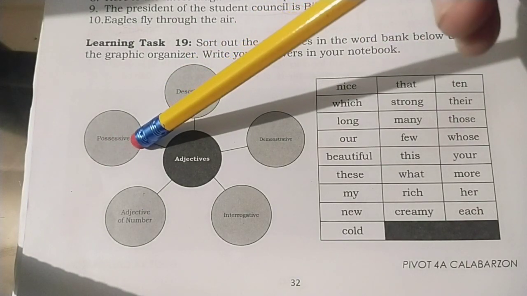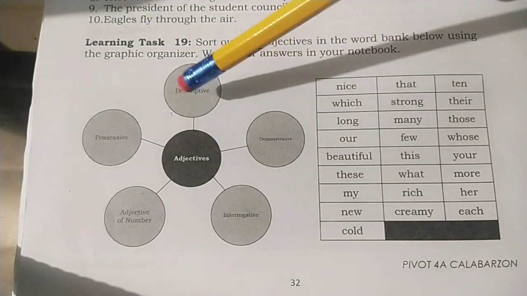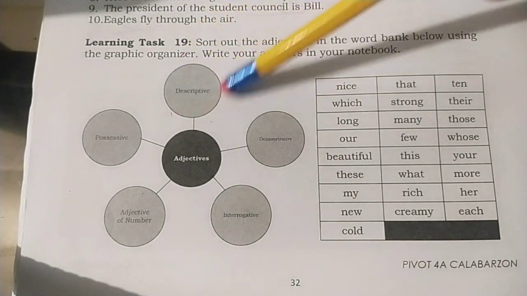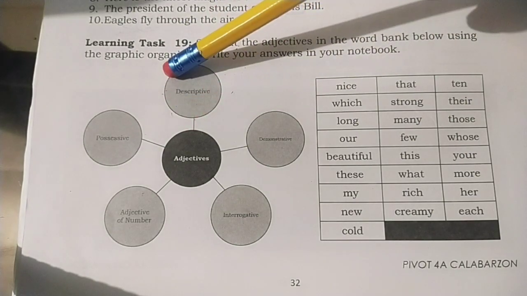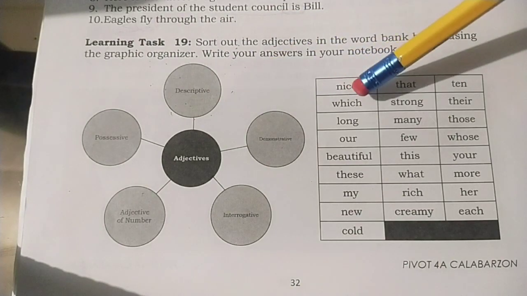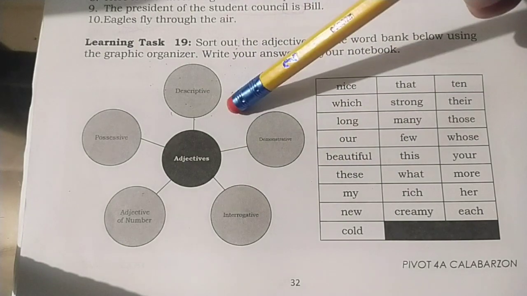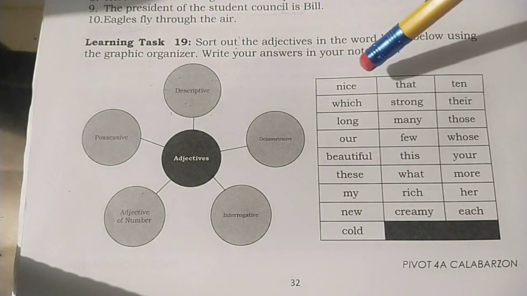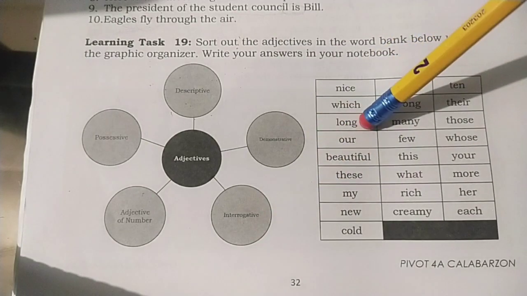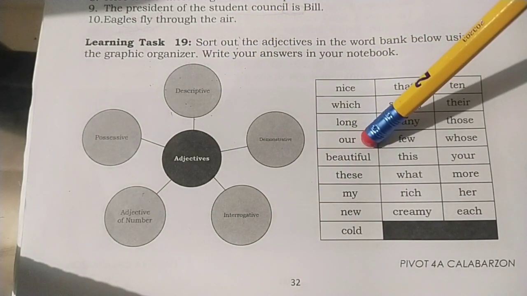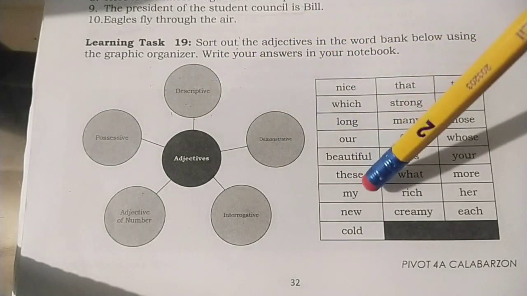It shows possession. Okay, so, yan po, pag kayo ay nagsagot, lakihan nyo yung bilog. Huwag naman kasing laki nito, okay? Lakihan nyo po yung bilog para kumasya po yung mga salitang ipapasok dito, okay? Alright, so sa nice, descriptive, sa which, interrogative, long, descriptive, our, possession, okay? Beautiful, descriptive, these,